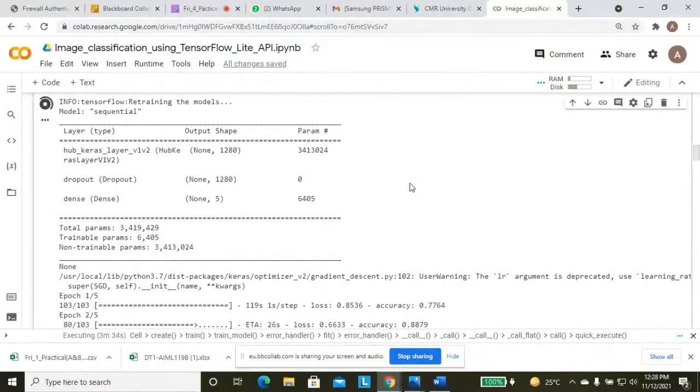Similarly, in your system as well, it will take 5 minutes to complete. Because the data set is wide, it will take time.